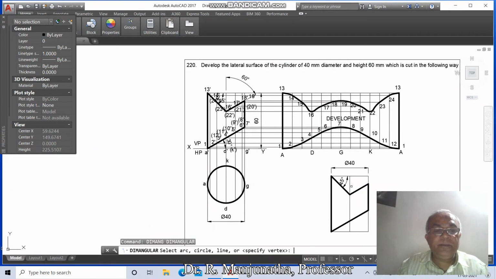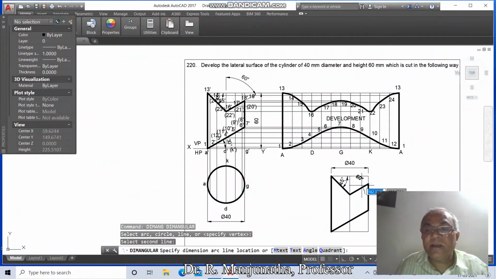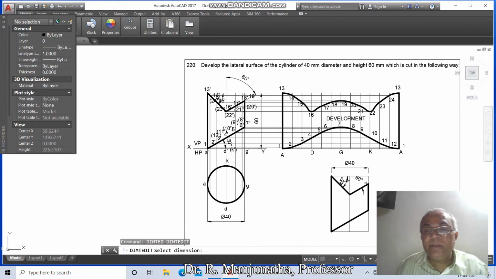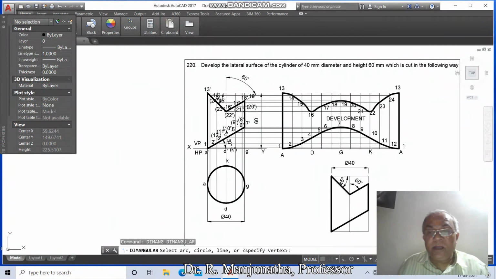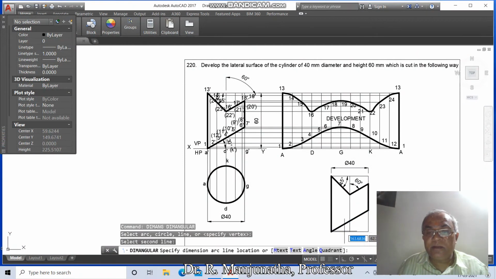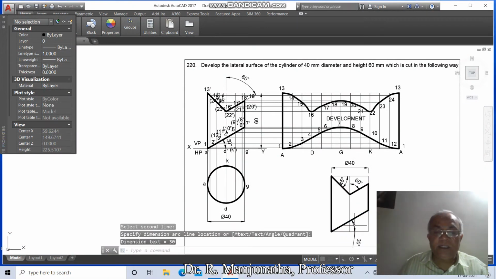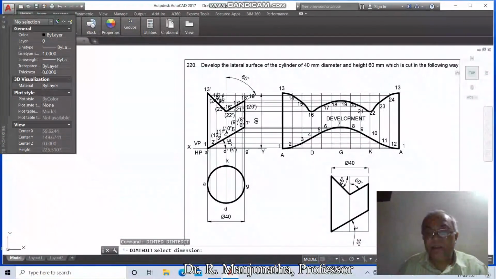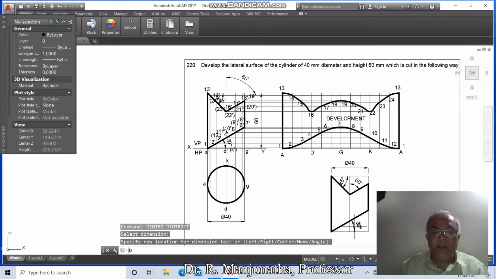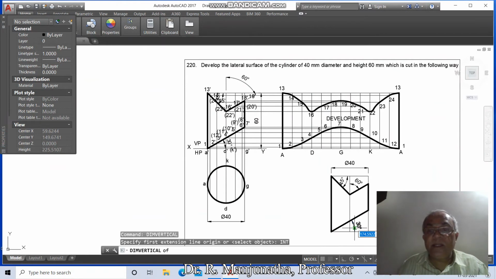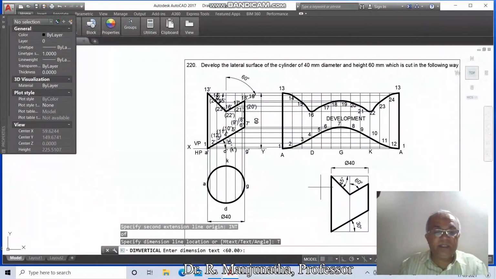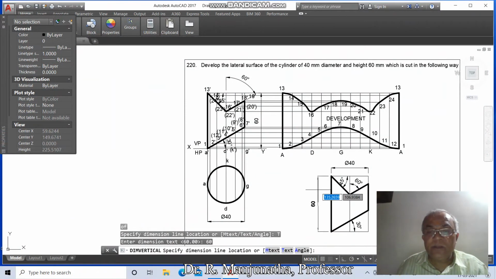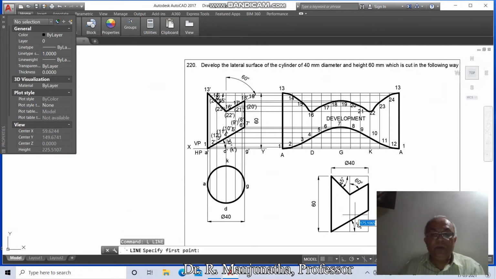dim angular, select between this line and this line, we want to take it as 60 degrees, then dim TED, select this angle 60 degrees, dim angular, select between this line and this line, so we're going to get it as 30 degrees, and dim TED, select this and keep it here, and then dim vertical, take INT of this, take intersection part of this, and here type text, type 60, and you just press enter,